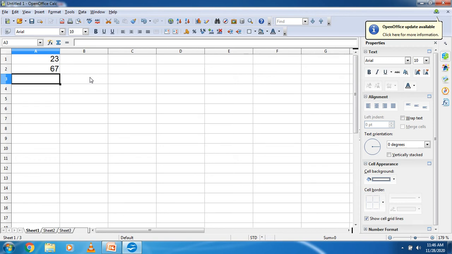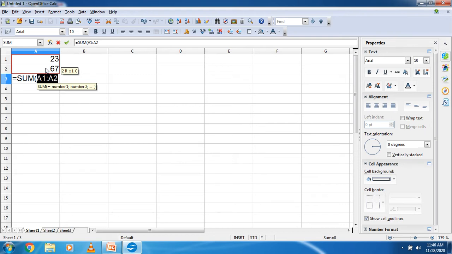So for that, I will write the formula over here: equal to SUM, bracket open, and I will select this cell, complete the bracket, select this cell, and complete the bracket, then I will get the answer. So this is one technique where you can get the addition of both numbers.